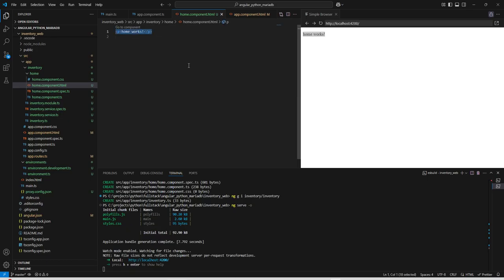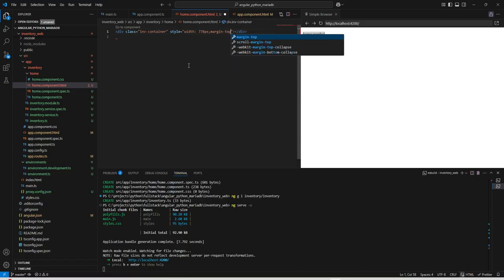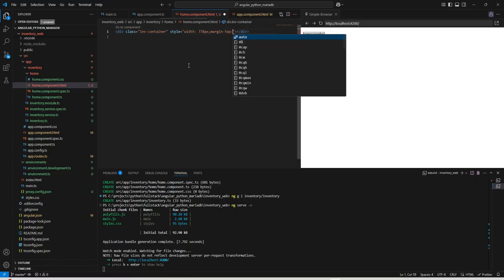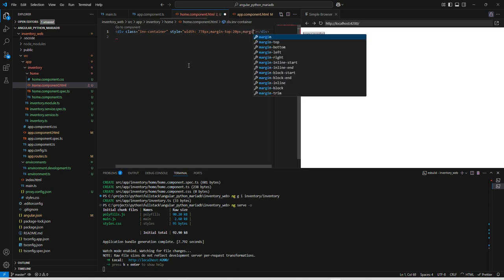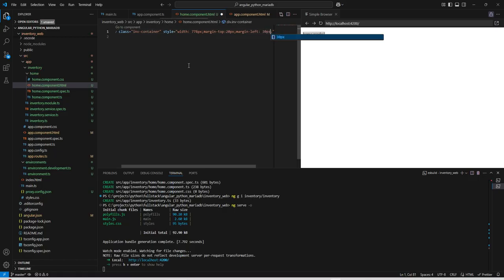So here we can add one menu, like it's a class, we can say it's an inventory container, and for that we can add some style, let's say width 778 pixel, and we can add some margin top, let's say 20 pixel, and let us add some margin left, let's say 30 pixel,